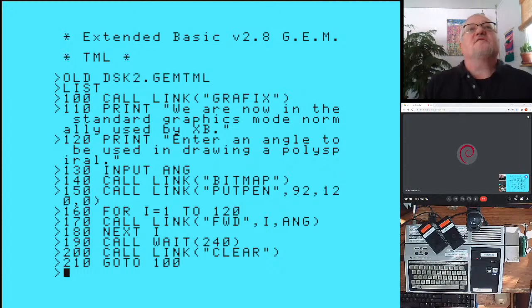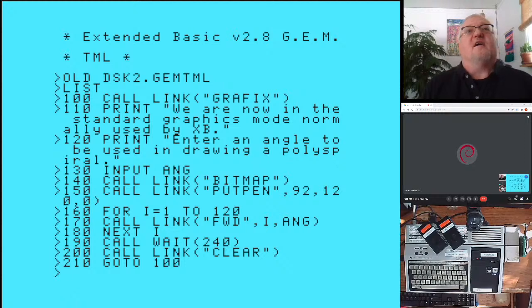CALL LINK("GRAPHICS"), print we're now in the standard graphics mode used by XB. And then line 130, enter the angle, CALL LINK("BITMAP"). Now we go into bitmap mode from graphics mode. Calling PUT PEN. Again, we're putting the pen in line 150 at row 92, column 120, 0. And for I equals 1 to 120, calling FORWARD, we're using internal graphics here, I and the angle you selected,